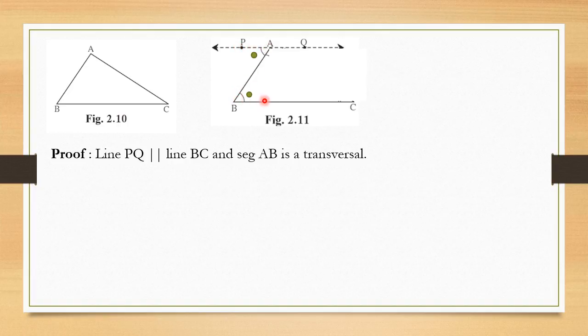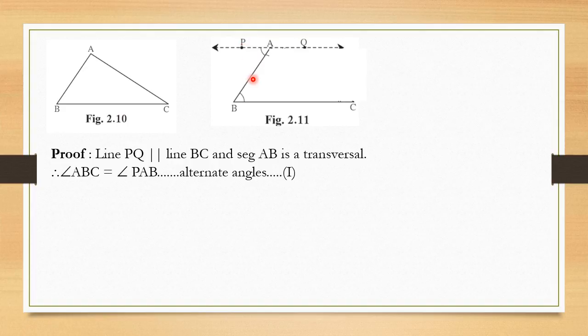These two angles trace the letter Z, they make the letter Z, and whichever angles make the letter Z, those are nothing but alternate interior angles. And always in parallel lines, alternate interior angles are congruent to each other, or we can say they are equal to each other. Congruent means equal. So that's why we write down here the statement angle ABC is equal to angle PAB. That means this angle. Why are they equal? Because they are a pair of alternate angles, or you can say alternate interior angles. They are in the interior part, right?